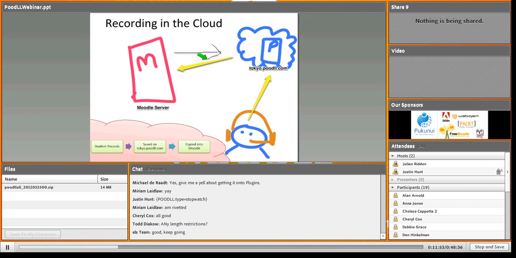Moodle actually makes a request to tokyopoodle.com for that file, and then tokyopoodle.com returns that file to Moodle. And at that point, you don't need tokyopoodle.com anymore. So any playback or anything that's required regarding that file takes place between the Moodle server and the student. So this tokyopoodle.com is only really required when you are doing the recording.